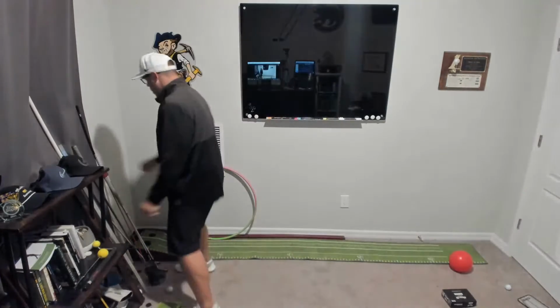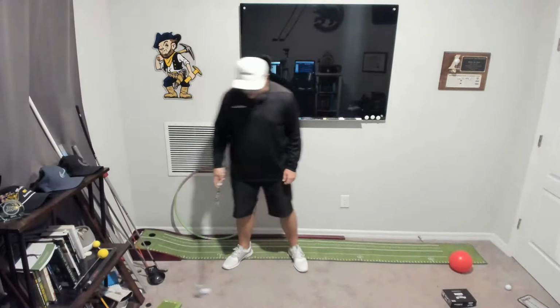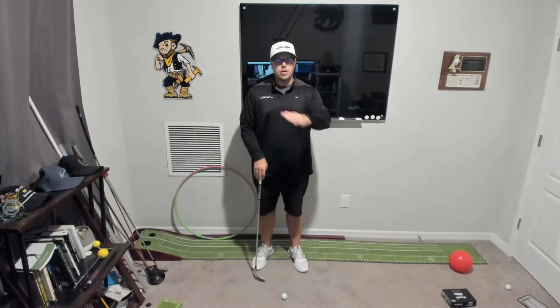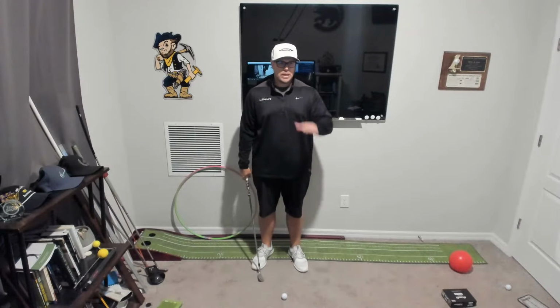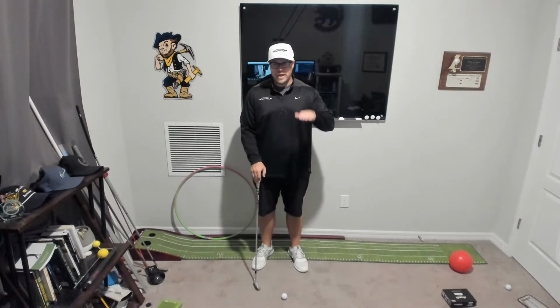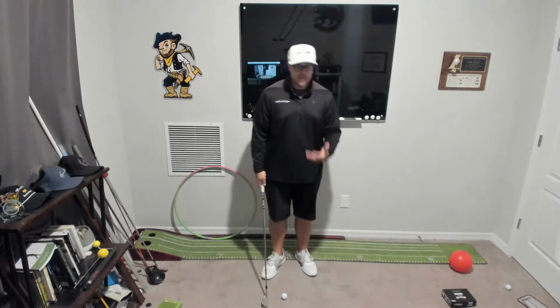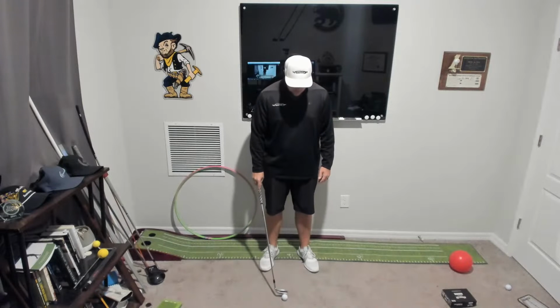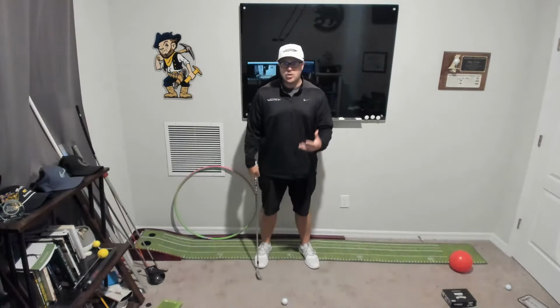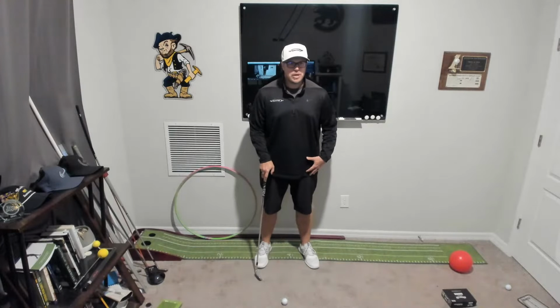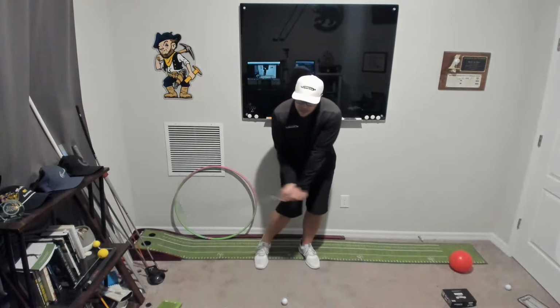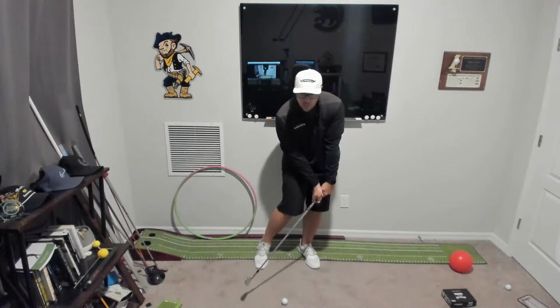So Tom K goes on to say, how does Tiger hit a low stinger? Does part of this involve holding off the release? To a certain extent, yeah. Basically, he does a couple things to hit a low stinger. We need to de-loft it as much as possible. The number one thing that makes the ball launch lower is the loft of the club at impact, otherwise known as dynamic loft. So what we'll do is, one, take a little bit of a narrower stance. If I take a narrower stance, it's easier for me to get my body forward and to get my hands more in front of the golf ball.